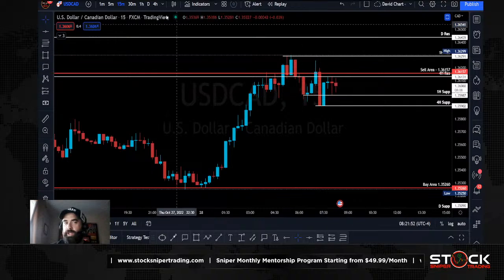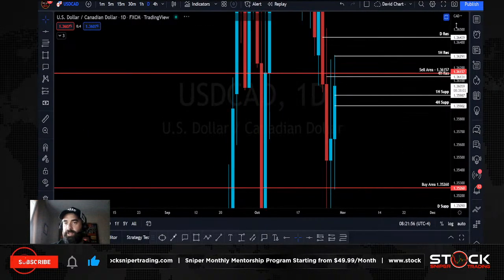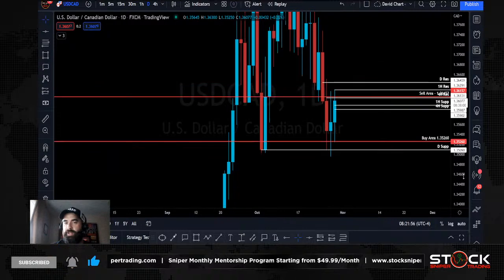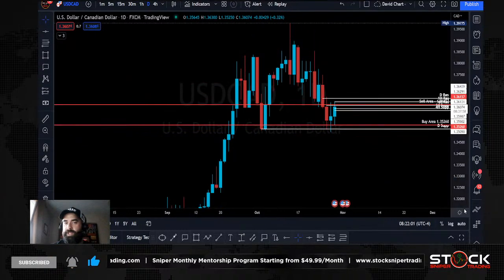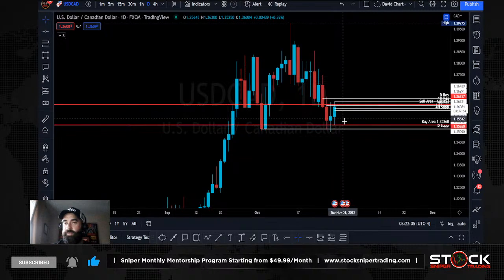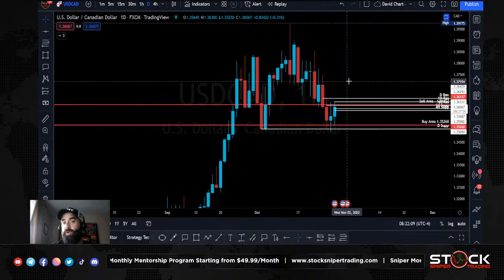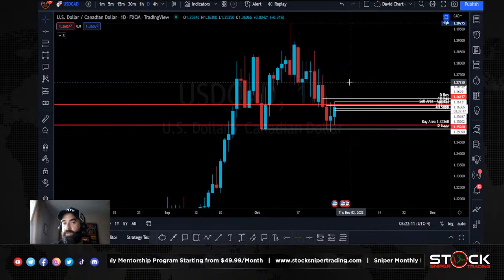Okay, so if you look at this on the daily like we just did, all right, you can see what we have forming here. Nice support level. So if we start to break through this key level from the buy area down at 35260, okay, CAD could go up and it's going to follow the DXY like to a T. All right,